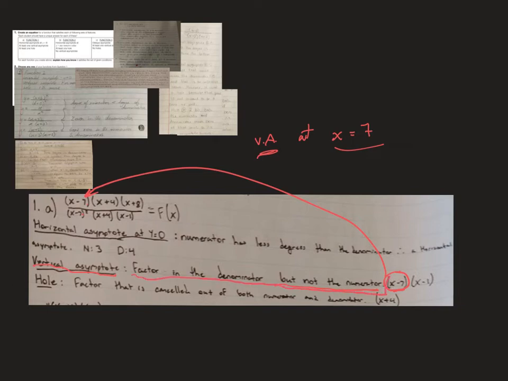It says not in the numerator. That's not true. There is an x minus 7 in the numerator. Whole, factor that is canceled out of both numerator and denominator. Not true. It's not canceled out. It's sitting there still. For example, x plus 4. See? It's not canceled out. So you can say factor that cancels out of both numerator and denominator for every value